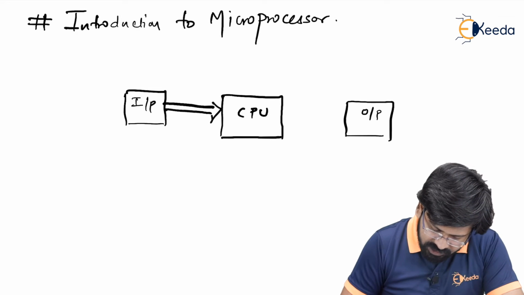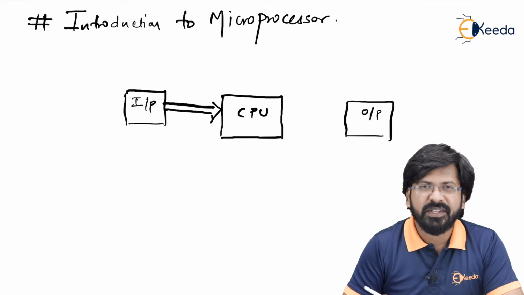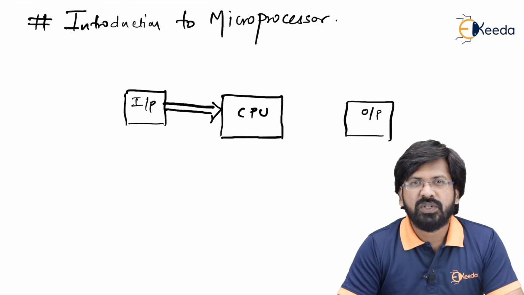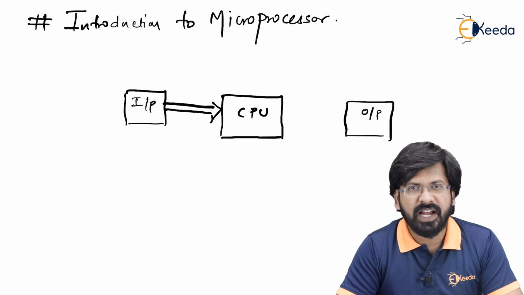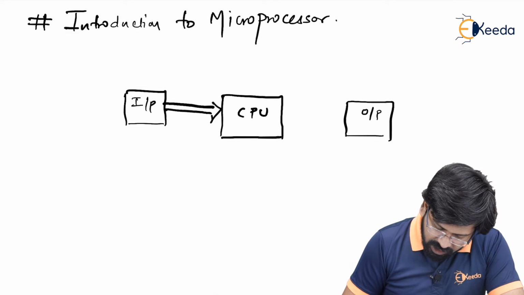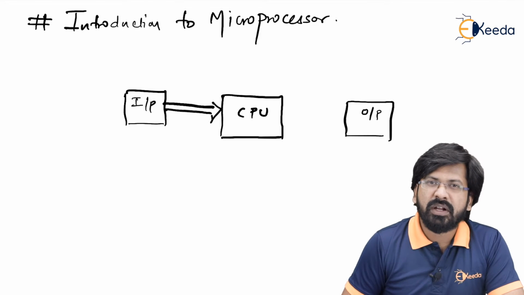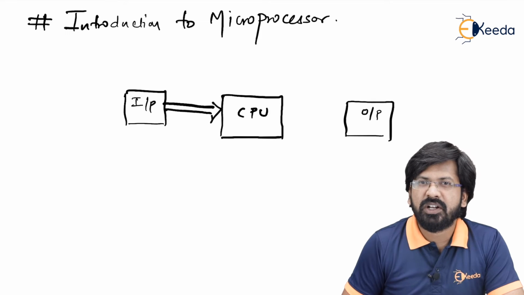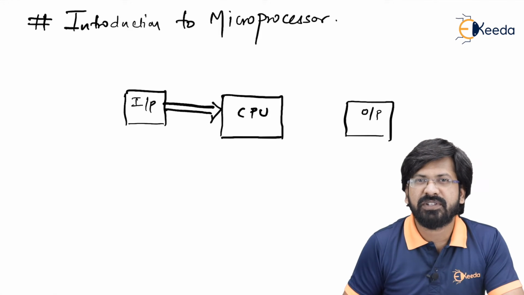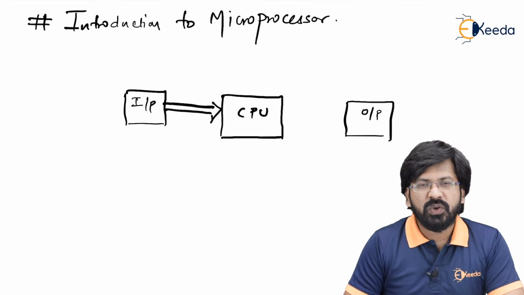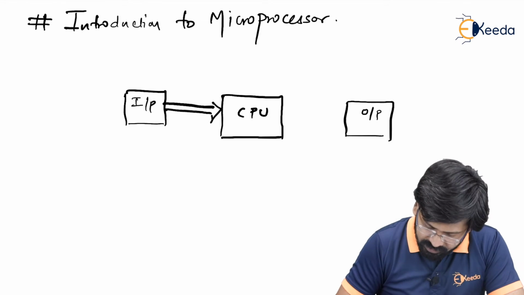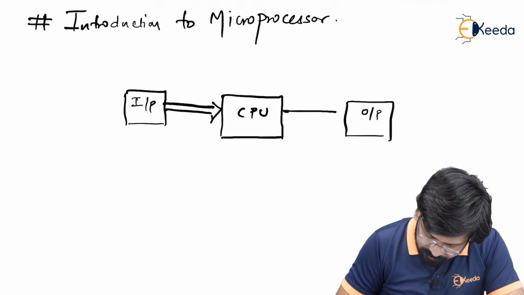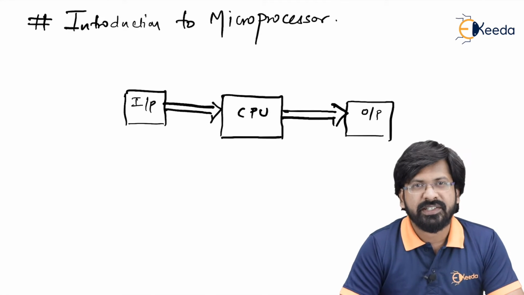And the main element of the CPU is what we call as a processor. It is going to process your data which you are feeding with the help of input devices such as keyboard, mouse, scanner, etc. After your data is processed, now you are interested to see how your processed data looks like or what is the result of this processing. And to do so, you require output devices such as monitor, printer, etc. So after processing, this CPU is going to provide this data to output devices.